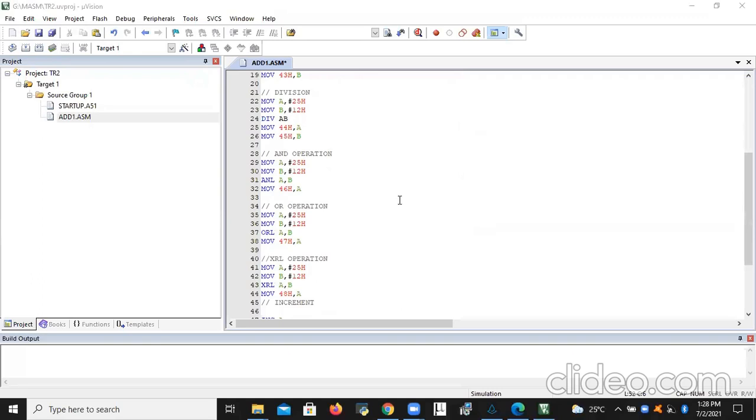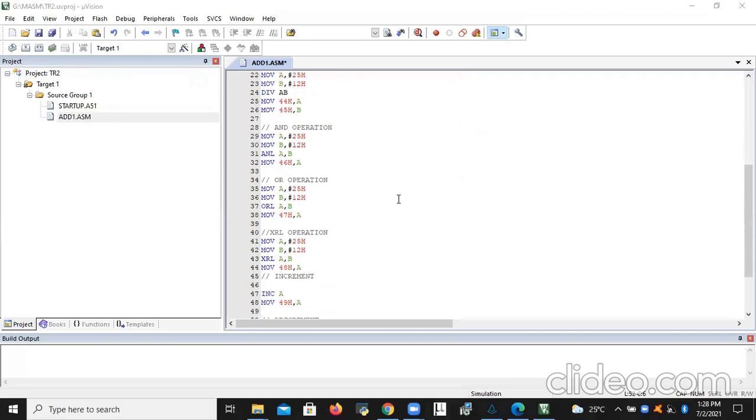Then what about this AND operation, OR operation, XOR logical? Observe this.